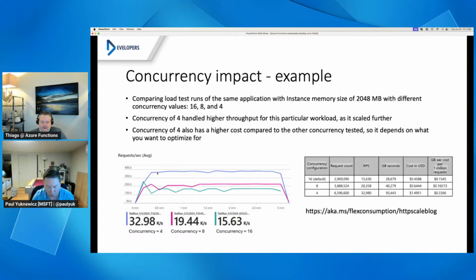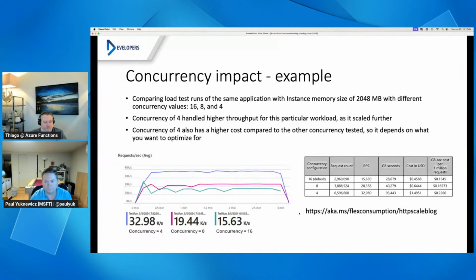And that's because the concurrency is smaller and it's scaled out to, say, 250 instances of that app. Each instance was able to then process more requests as well, because it was handling four requests and then processing the next one. And that's how this higher throughput was achieved. You could notice that the 8 one was kind of in between the two, and the 16 was lower, but it's not half of what was there before.